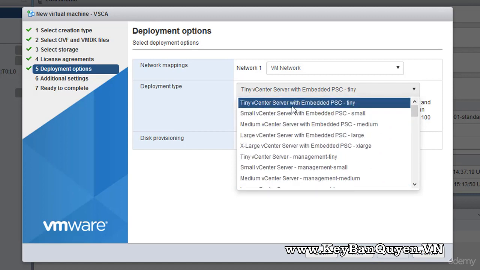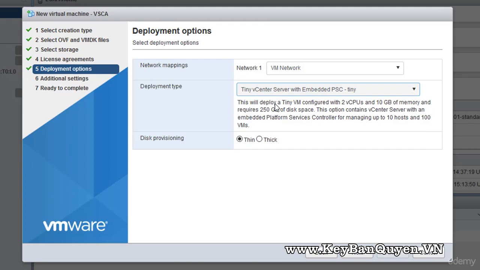Here you choose the type of your environment: tiny, small, medium, large, etc. By choosing the type of deployment, it will configure the hardware necessary for any of those types. For example, as you will see here, tiny will deploy a tiny VM configured with 2 CPU and 10 gigabytes of memory and 250 gigabytes of disk space. This option contains vCenter Server with an embedded Platform Services Controller for managing up to 10 hosts and 100 virtual